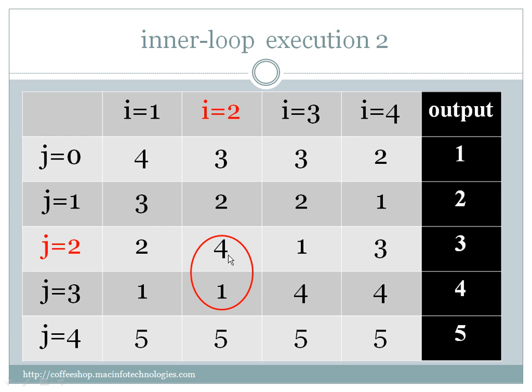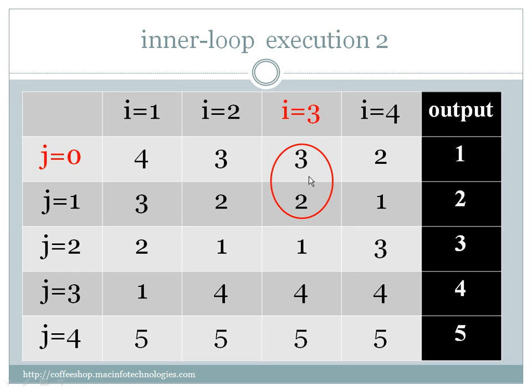So a of 2 is greater than a of 3, so they again get exchanged in the if block. So here it stops execution. It does not go to j equal to 3 because we have the condition j less than n minus I. Now I is 2, n is 5, 5 minus 2 is 3. So whenever j is less than 3, it executes. When j becomes 3, it does not execute. So the inner loop completes and goes to the outer loop again, and I increments to 3.